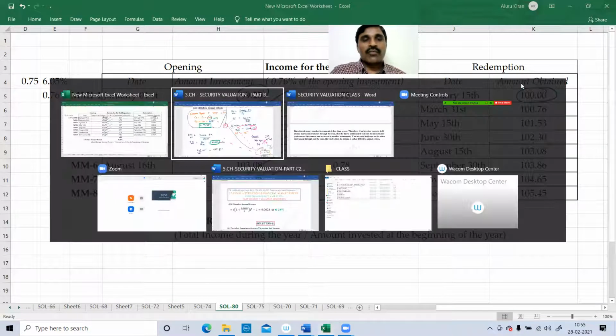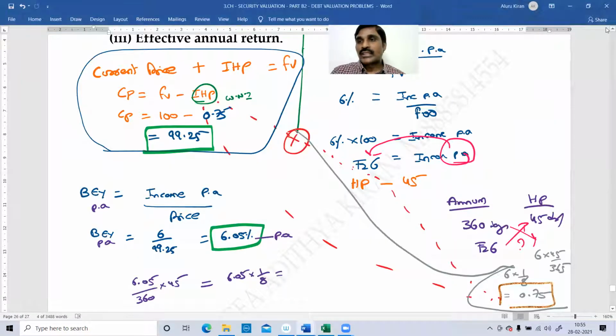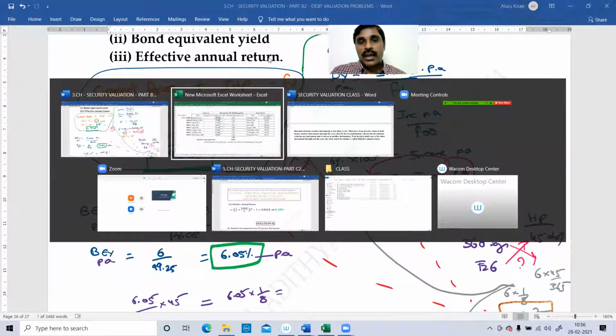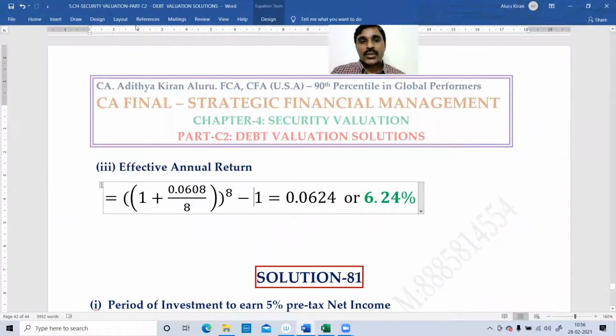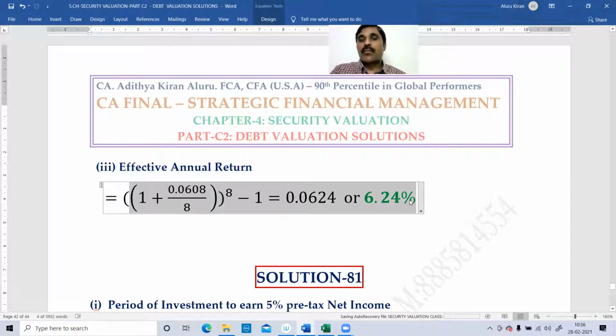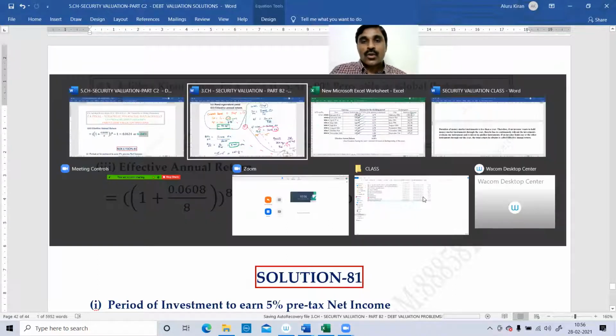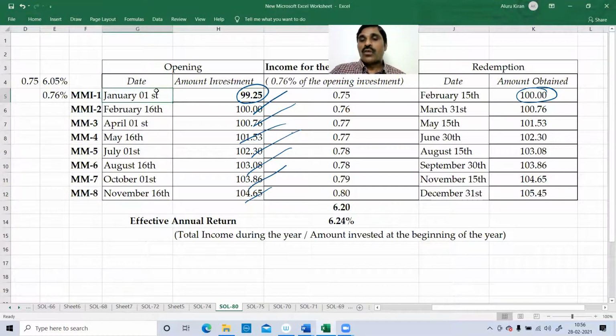That is what this effective annual return is. So effective annual return, 8 times compounding. My sincere suggestion is don't restrict yourself to this formula alone. So this is the formula. In a single span you can get it in a fraction of a second, but you don't understand what is happening in that problem. In order to realize this 6.24 return, what should I do? What is the condition? You have to roll this out continuously.